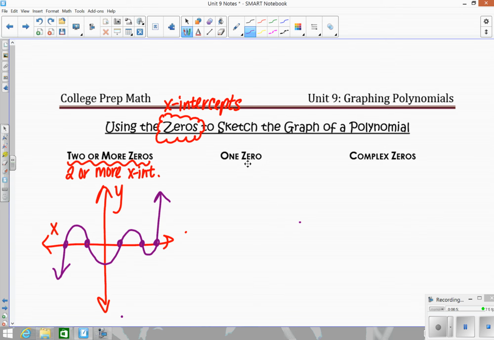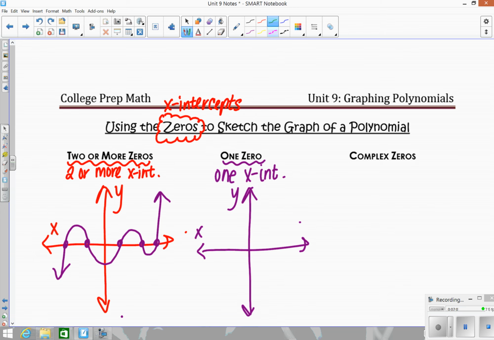So if you have a situation with 1 zero, that means that there has to be one x-intercept. So this would look something like this. So I have some graph, and it can only cross one time. So again, this tells us a little bit about the degree of the polynomial. It would have to be even degree, and in this case, the leading coefficient's positive because both ends are pointing